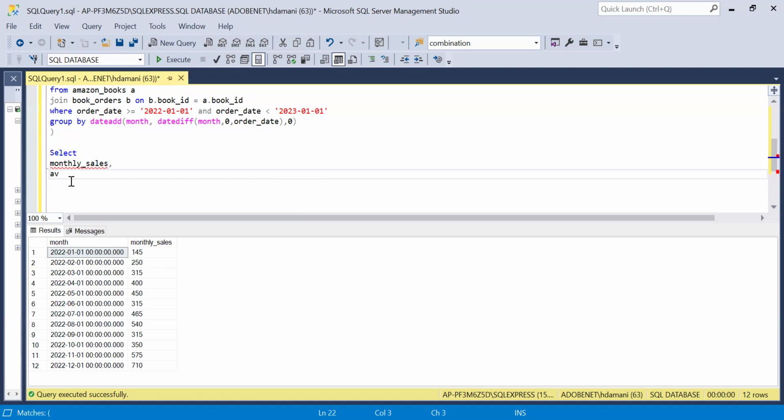So I will use average. Average of what? Average of monthly sales. Over order by what? We have to order it with respect to month, so I will use order by month. Now I will use a separation or window over here. Along with this, I'm using rows between